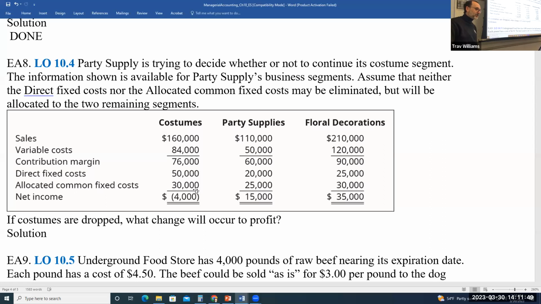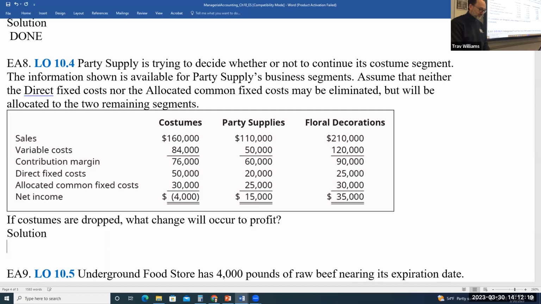That is exactly right. We're going to lose this contribution margin because if we get rid of this segment, we lose these sales. We also lose the variable costs associated with those sales. And the difference is the contribution margin. We still have these direct and allocated fixed costs, so those don't go away. So really, it's just this top part that changes. So yes, Drew is correct. The profits will decline by